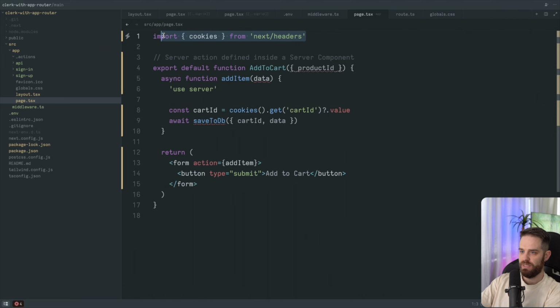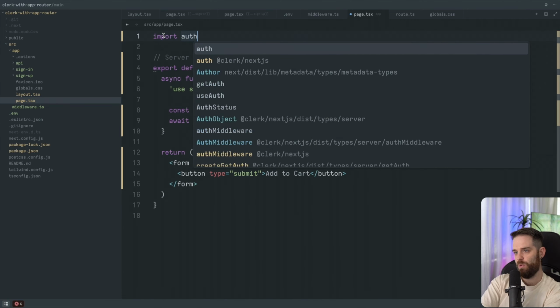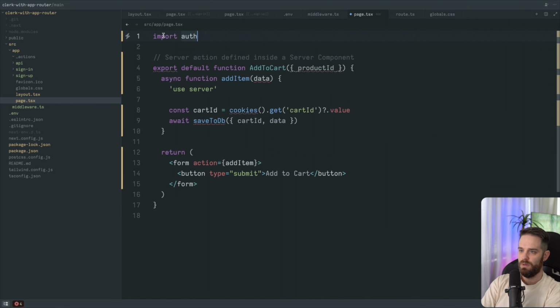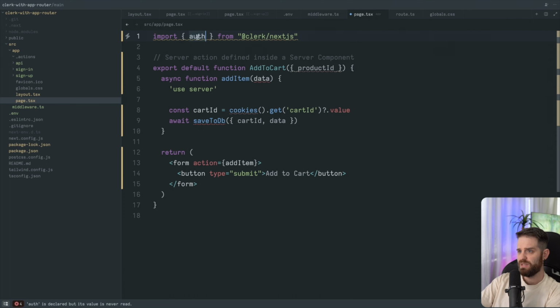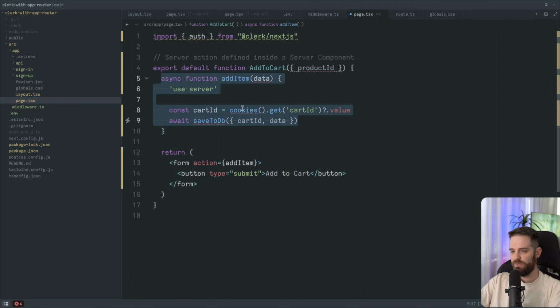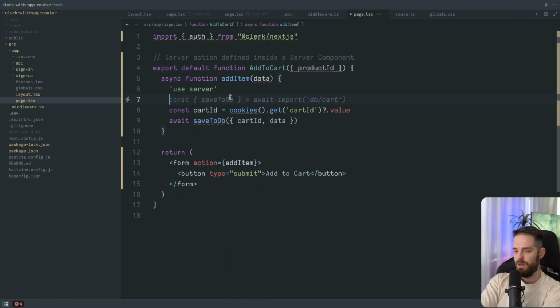First thing we want to do is delete this cookies out. We don't need that. We can import auth, for example. We'll use that. That's probably the best option for this example. And we can say inside of here is your server action. If you've never used them before, it's okay, but just imagine this is your server action. First thing we can do is check to see if there's a user ID. So we can just do const